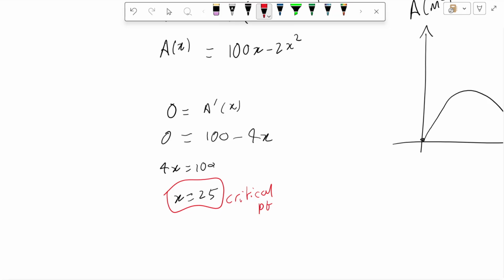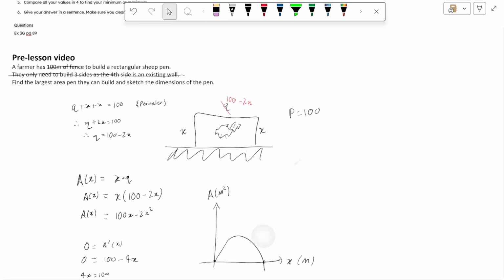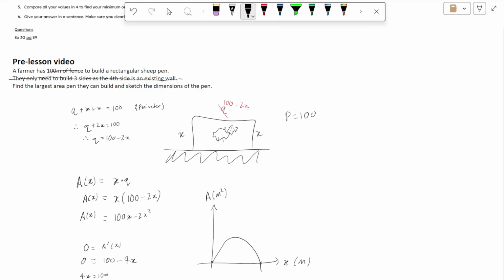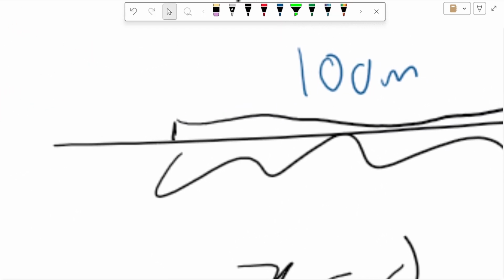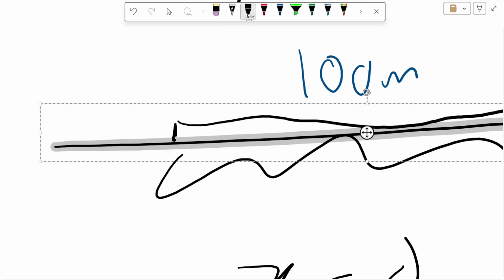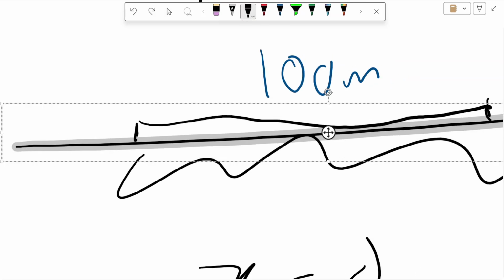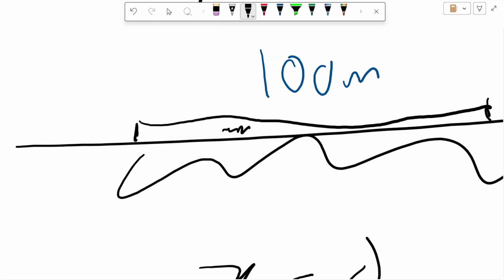We also need to find the endpoints for the situation. So if you think about how small x could be, x equals 0 is how small that could be. And then this pen's going to look very flat, and you sort of go across there. I would expect the area to be 0. And also that width would be 100 meters because the farmer's using all that fence there. And the sheep is very unhappy because they've just sort of been squashed into that little pen, which has 0